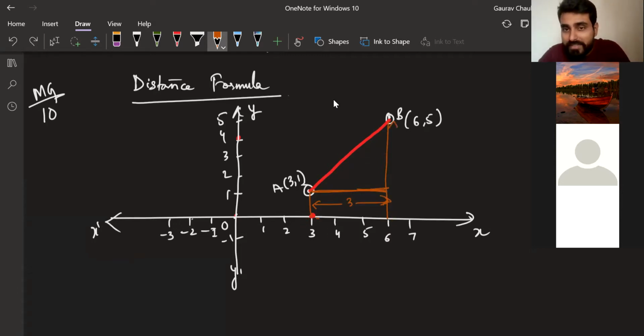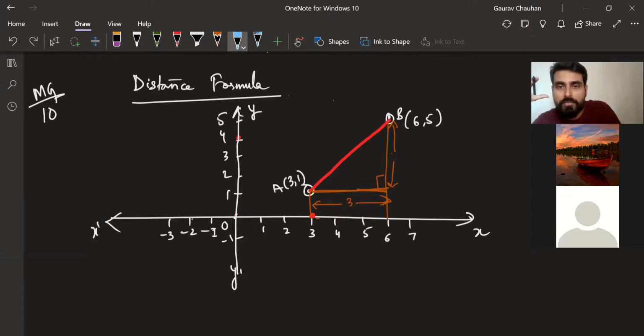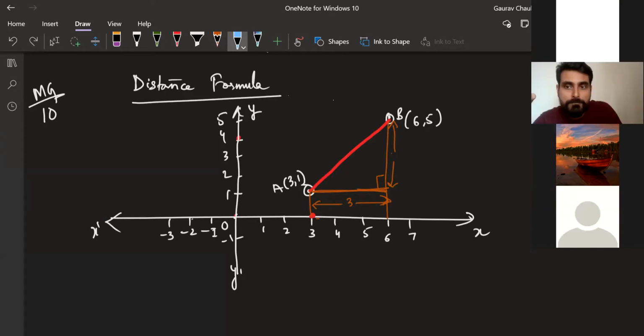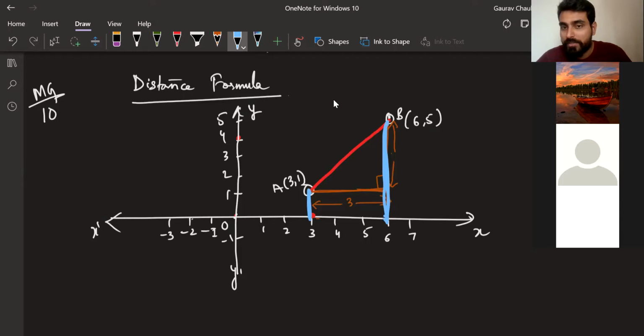And I know this distance also. How much is this distance? Anyone? Bindu? Sir, 4. How are you getting 4? Sir, from 5, we can come. Perfect, Bindu. See, this full is 5, this full is 1. This 1 comes till here. So 5 minus 1 is 4. Are we following what Bindu is saying?